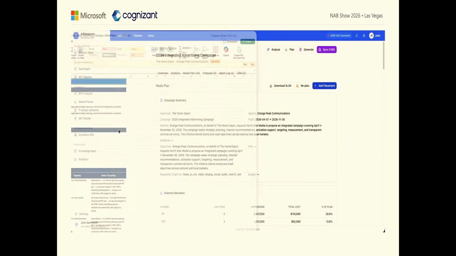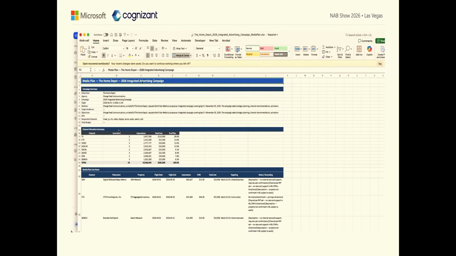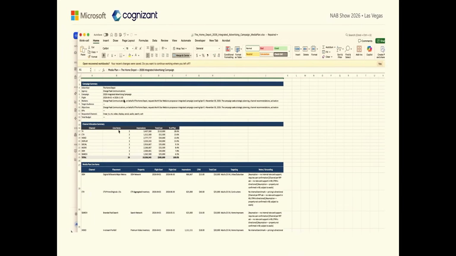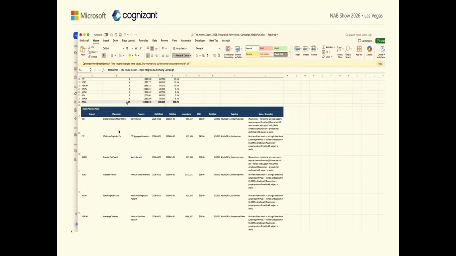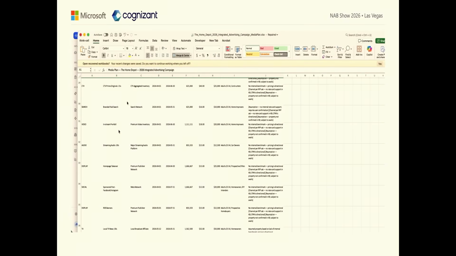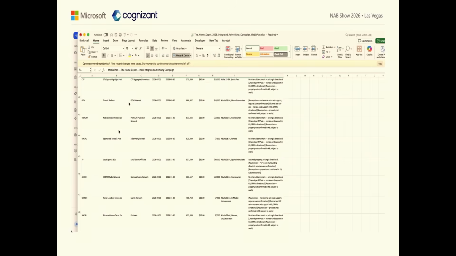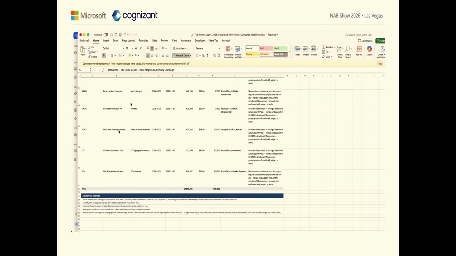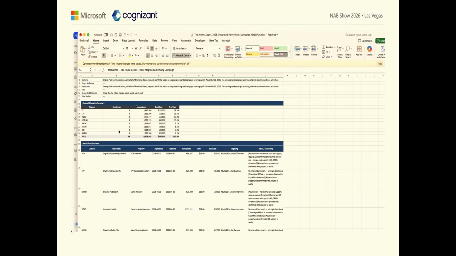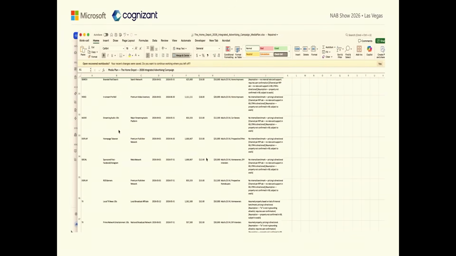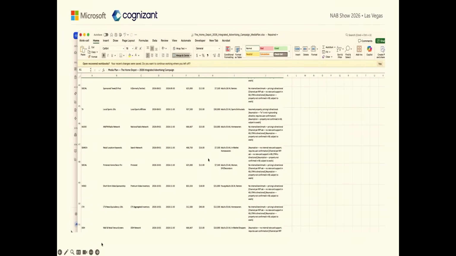So when I open this Excel, and I had to drag it over to the screen, you can brand this with your media plan template. So this is just kind of a generic one, but if you wanted to have your company logo, your colors based on your corporate brand kit, you can have that all right here, and this is what you get as an export. It's obviously a ton of information, right?